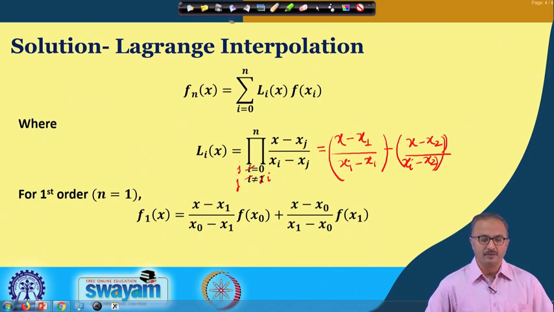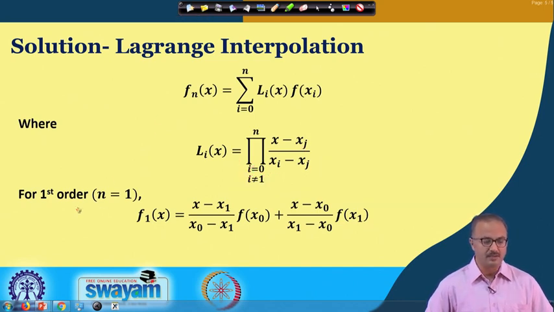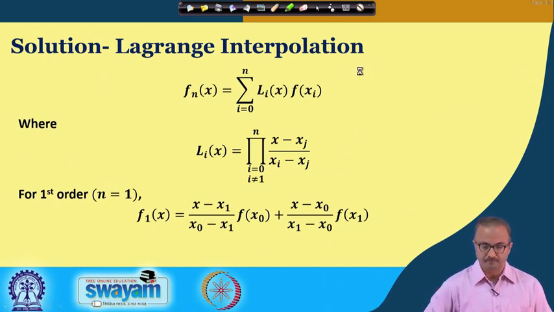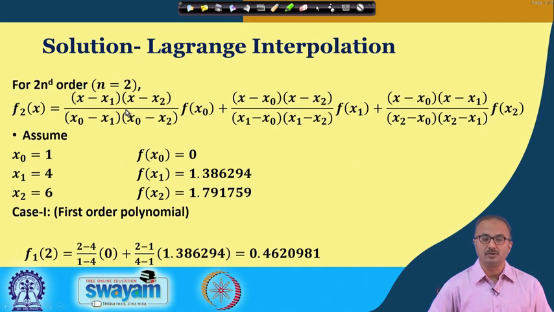Okay. Now once you do this, you can easily find out the first order. Again you can have several different orders if you take n1, n2, etc. So this is the first order thing you can find out. Okay. And we shall be applying this formula also. Now this is the second order formula. Again I am not going into the detail of these things.